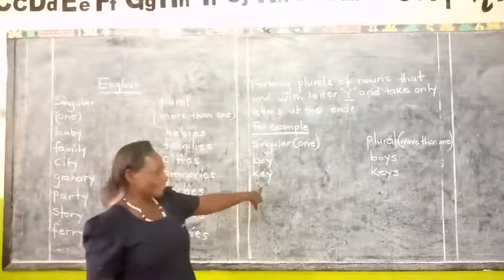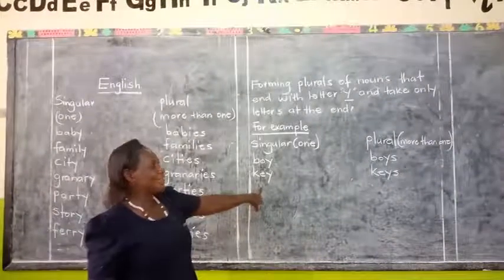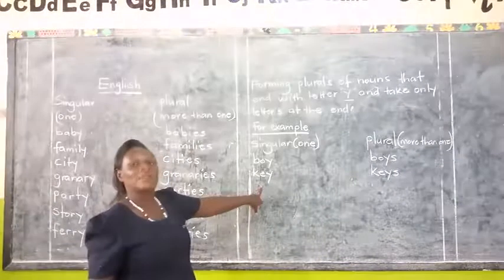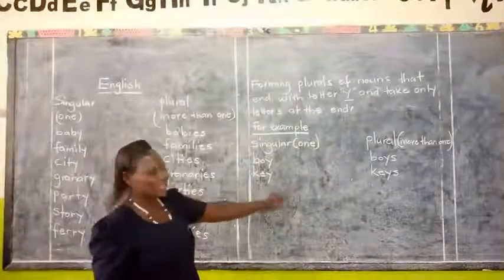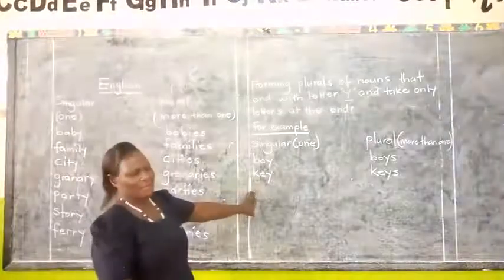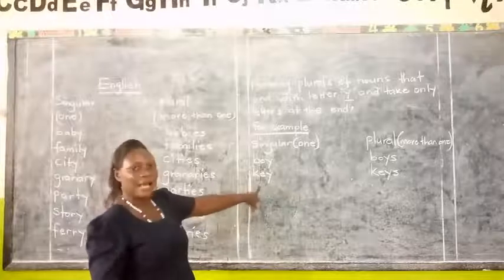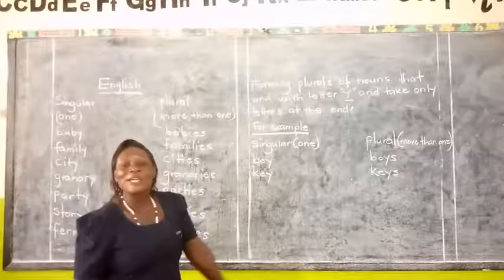My mother's keys. The keys for the vehicle are lost when they are more than one. Once they are more than one, we just add on letter S. Then we also